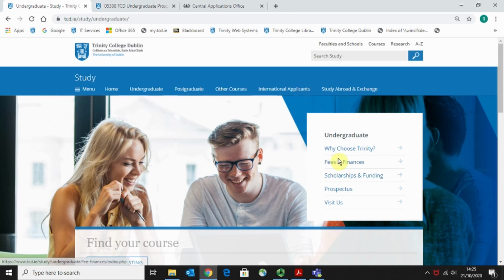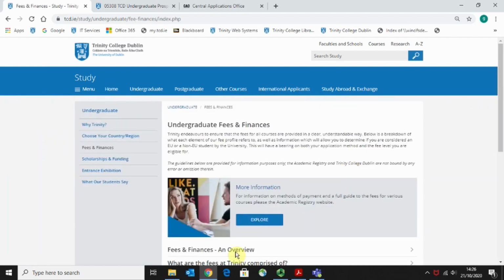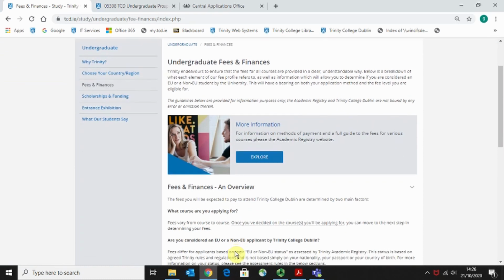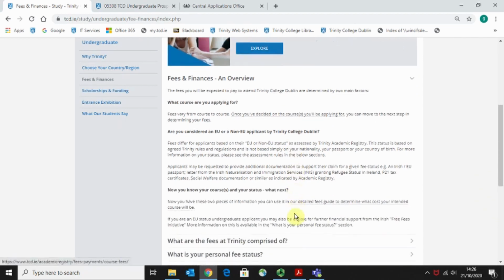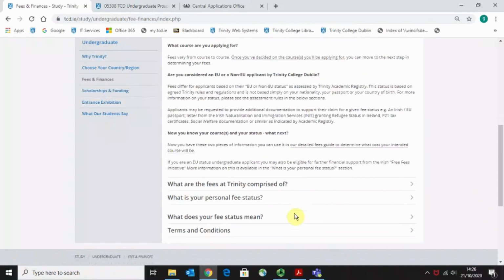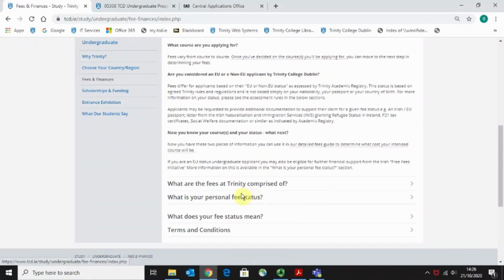The first thing you will need to consider is your fee status for studying at an Irish university. Let's click here on Fees and Finances to find out more. Fees differ for applicants depending on whether they are eligible for EU or non-EU fee status. Applicants who have been tax resident in EU, EEA countries for the requisite period of time would normally be defined as EU fee status applicants,